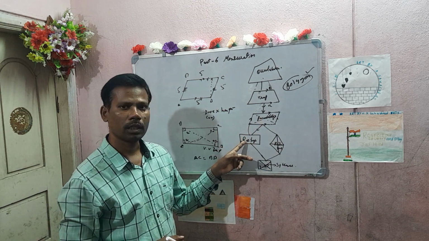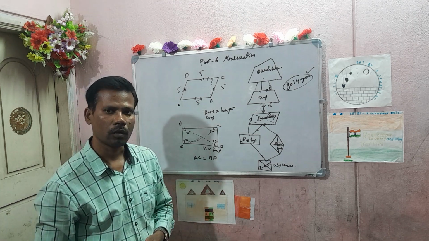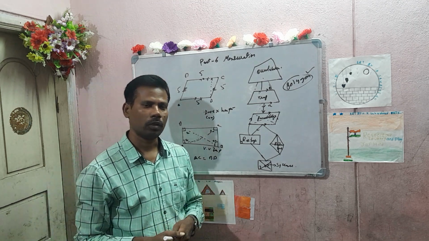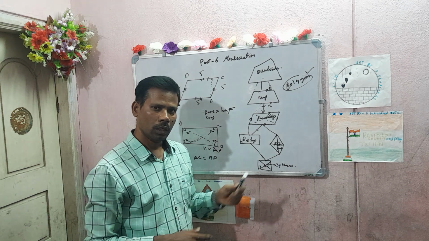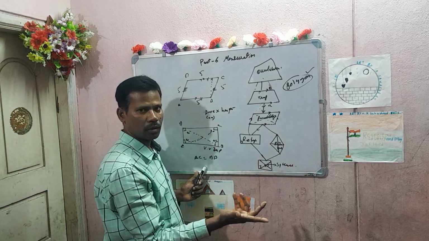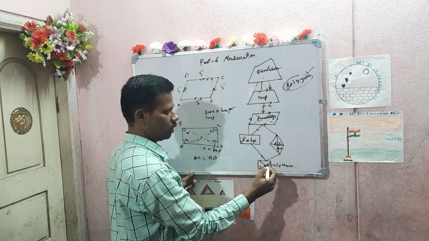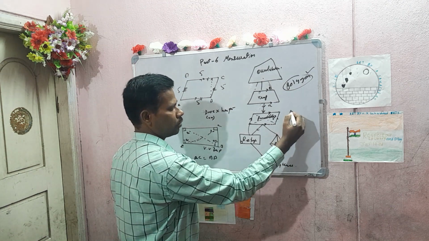A parallelogram in which one angle is a right angle is called a rectangle. Next, square. What is square? Everybody knows. Square means all sides are equal. You know very well, all sides are equal. And one special property of square is